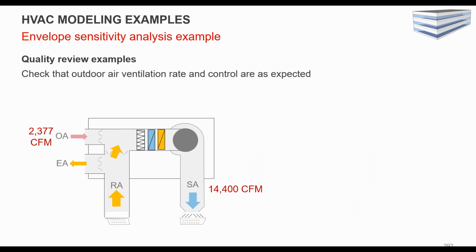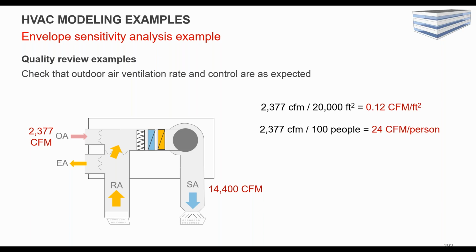Other things to check: look at total airflows and make sure your ventilation rate is as expected, right? So we had calculated 0.11. In this case, the model input is a little bit more. Sometimes that's when you auto size, it gets a little bit off. But other things to check, the CFM per person, that's sort of in line with a typical office. You see anywhere from about 17 to 25 in a typical office. And 10 to 20% of total supply as fresh air is pretty reasonable.